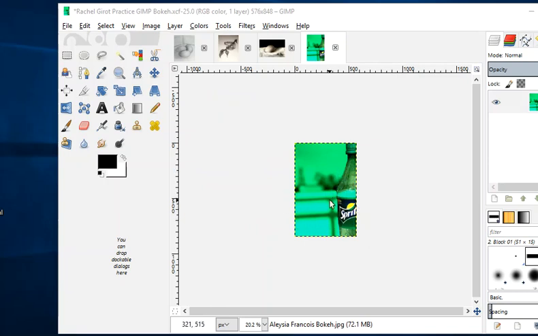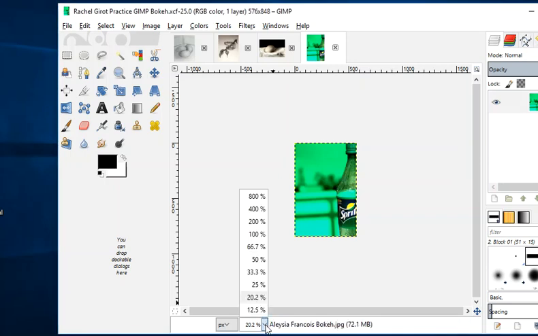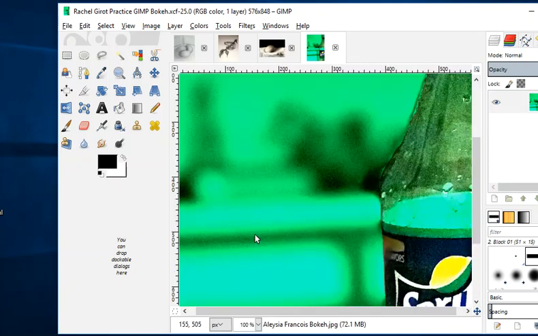And so you might be thinking, Mrs. Girot, I thought that was supposed to be like 8 by 11 inches. What happened to it? Well, if you come down here to the bottom, you'll notice that it says that you're viewing this image at 20% of its normal size. And I can click here. Going to try. There we go. And if I scale it to 100%,